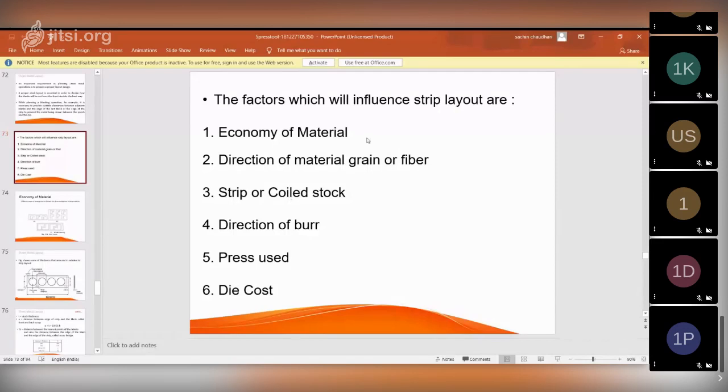Okay, so next is your press use, guys. So during production planning, the press has to be assigned to the operation. Okay, and the die. Therefore whatever the strip layout has to be such that it allows the die to be designed within